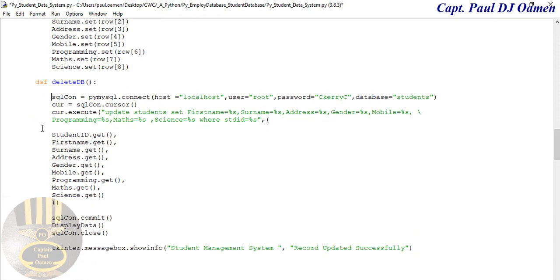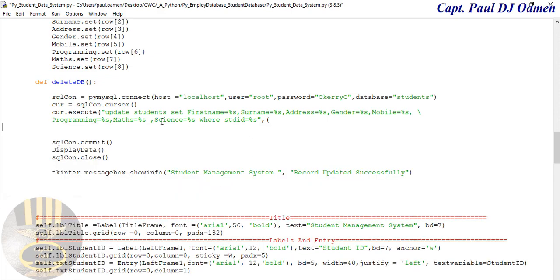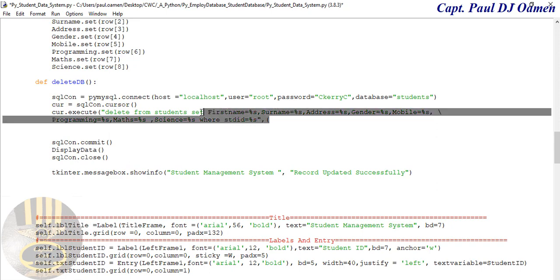Now we don't need any of this. Get rid of those. And we don't need all of this as well. So this is going to be the SQL delete statement from student, and get rid of all of this. So from student, where